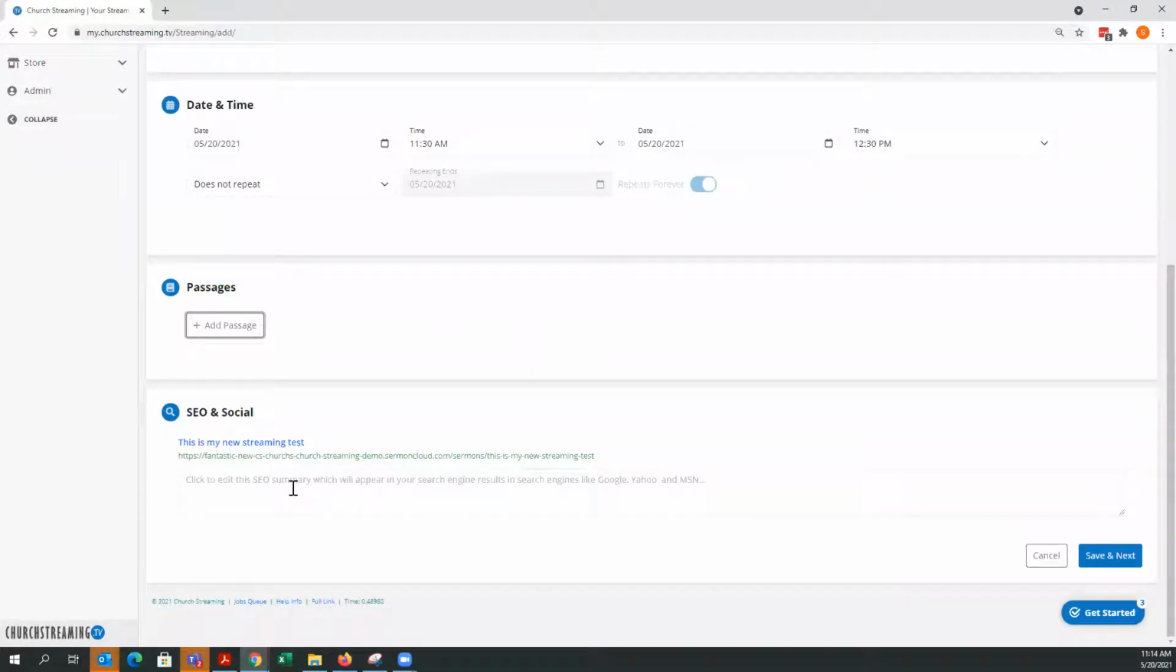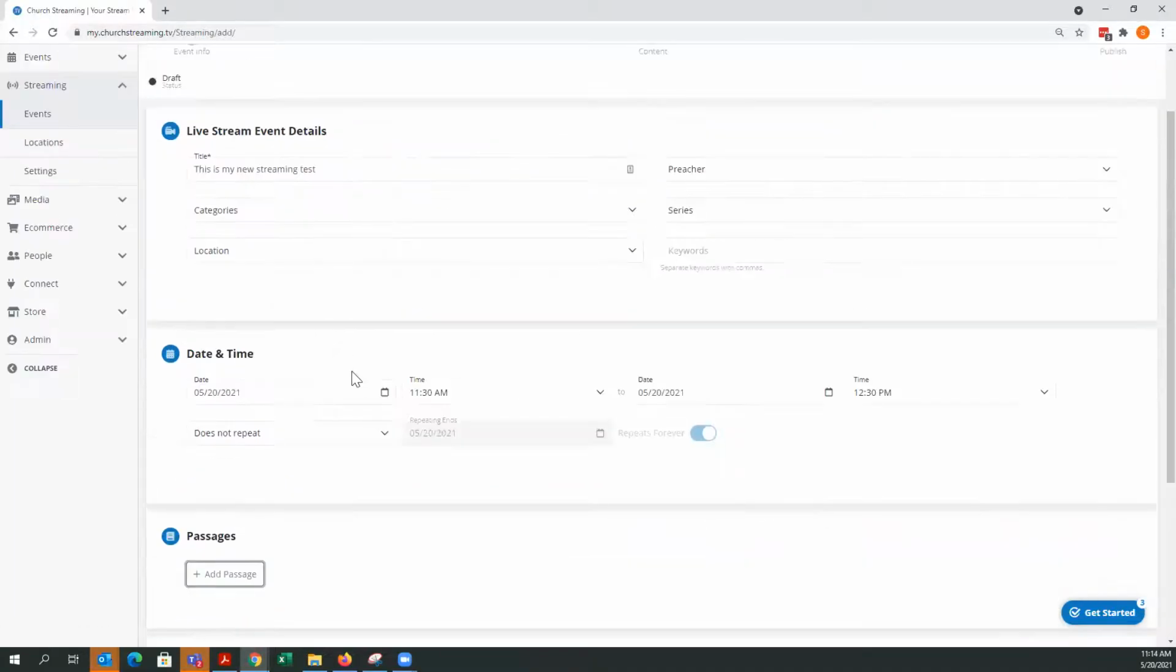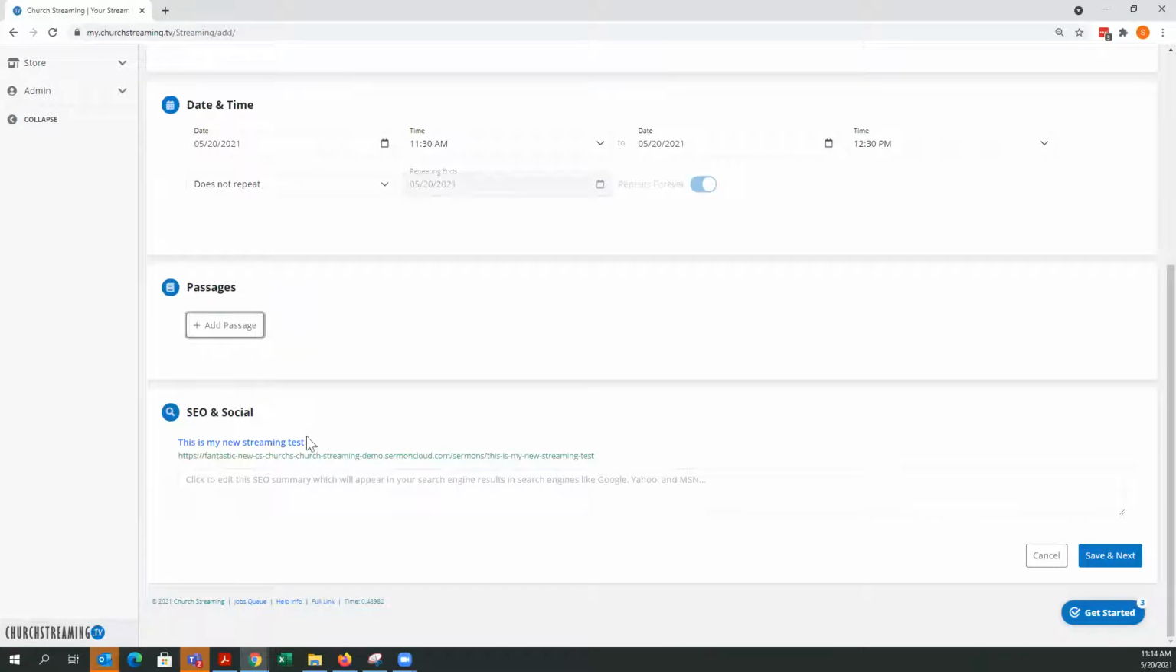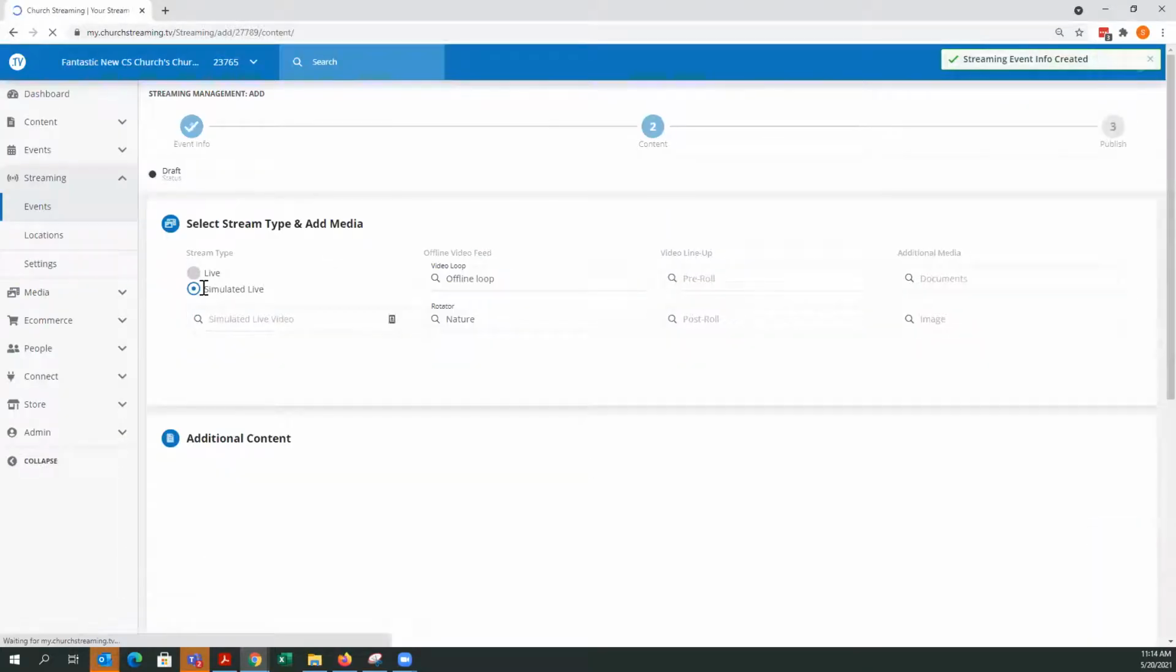SEO and social. I can put things in here that will be searchable, keywords. Again, I don't need to do that if I want to set it. I'm just showing you how to set this up quickly. And I can go back through and show you some of the other things on here. So SEO and social. I hit save and next. So I've just got the title and the time, basically, is what I'm doing here. Now, this is the other critical